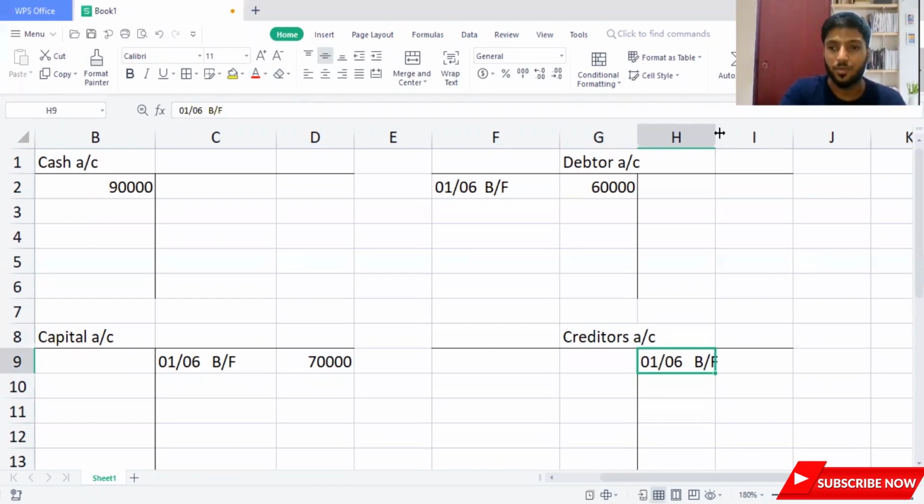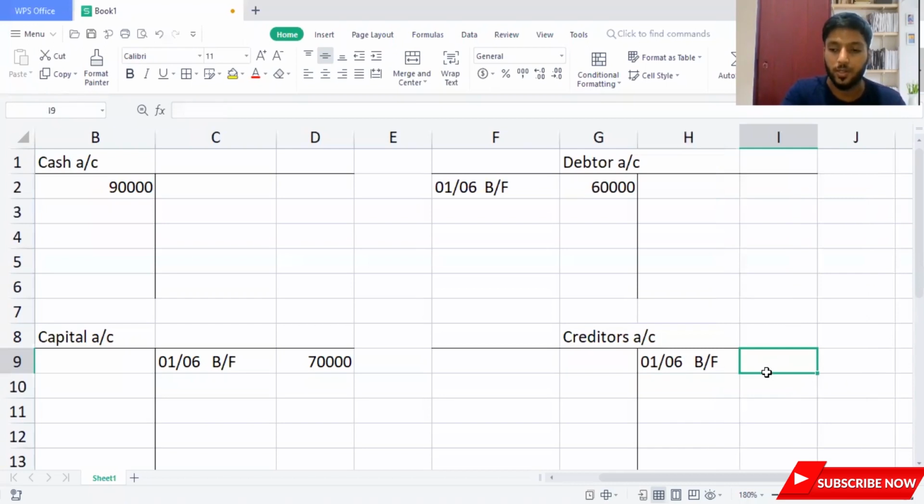These are basic simple things. If you have learned from me from the beginning with all the videos, recording these ledger accounts is going to be very easy for you guys. Anyway, so creditors is 80,000. I recorded here wrong. So 80,000. We do make mistakes. If I have made any mistakes, guys, please inform me so I can correct myself. I'm trying to give my best.